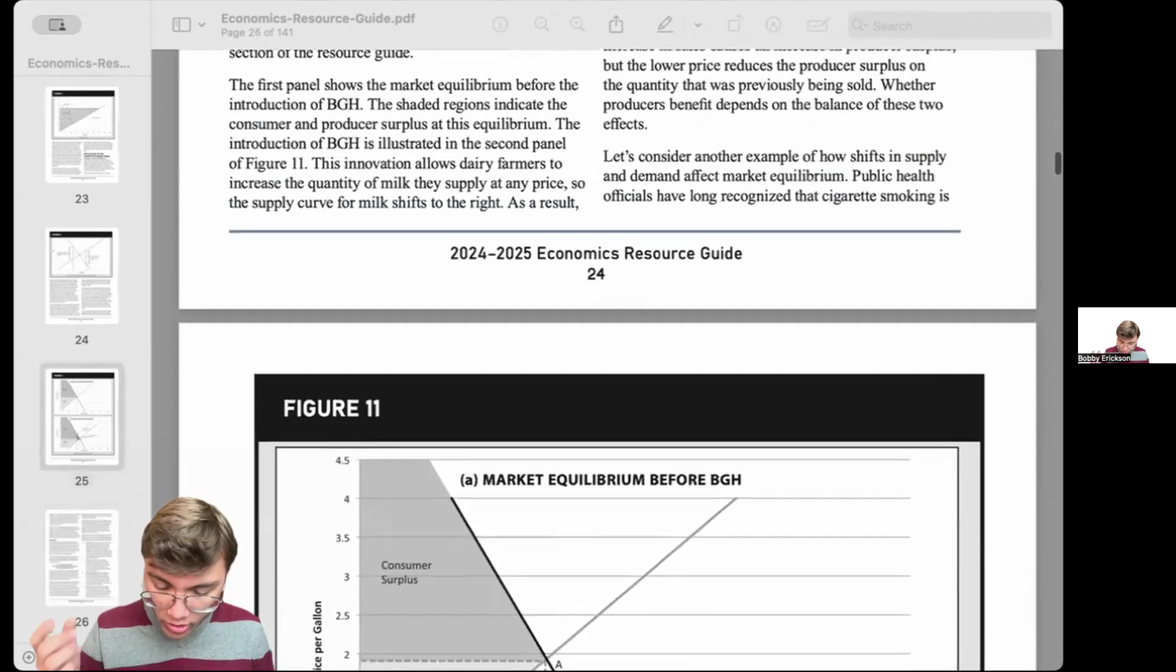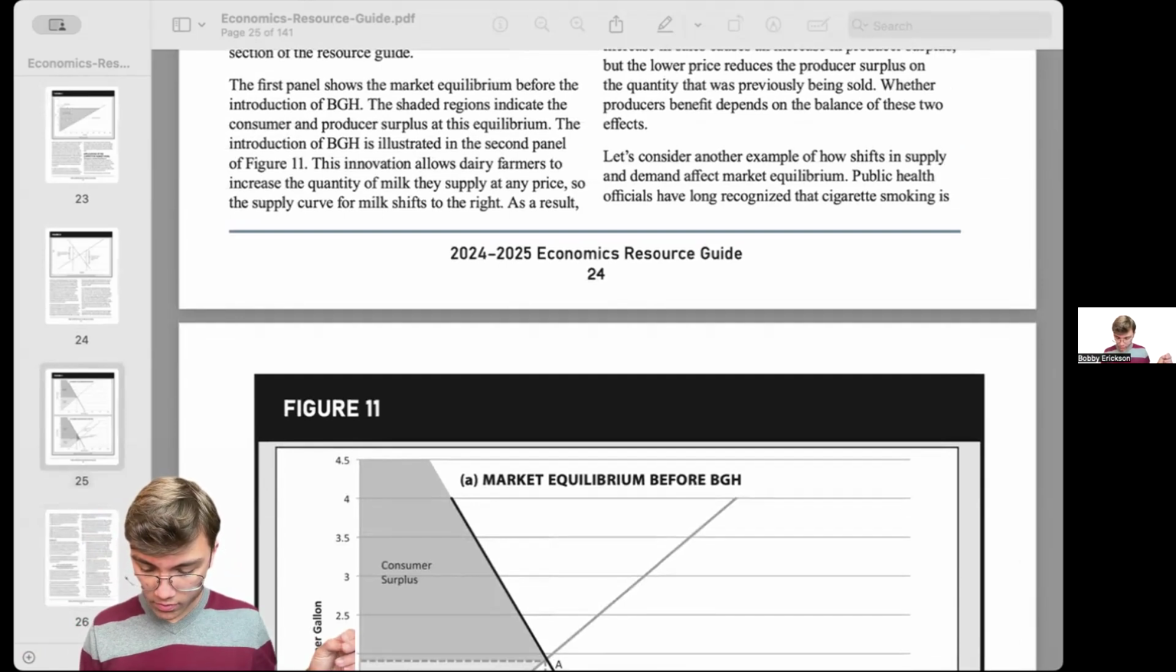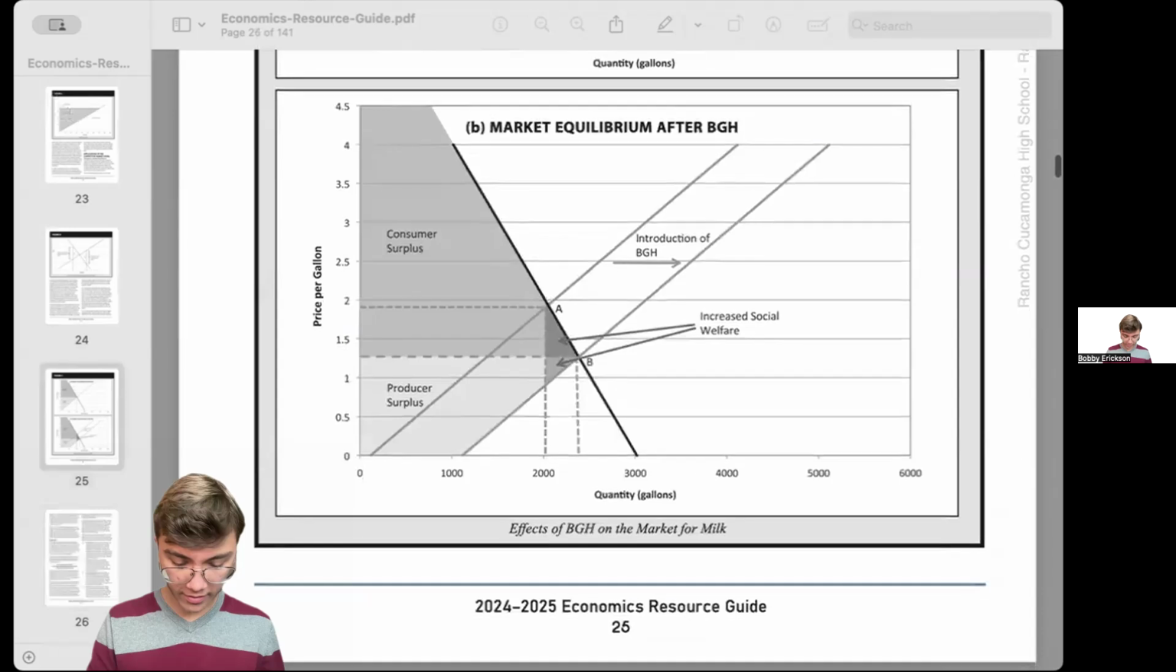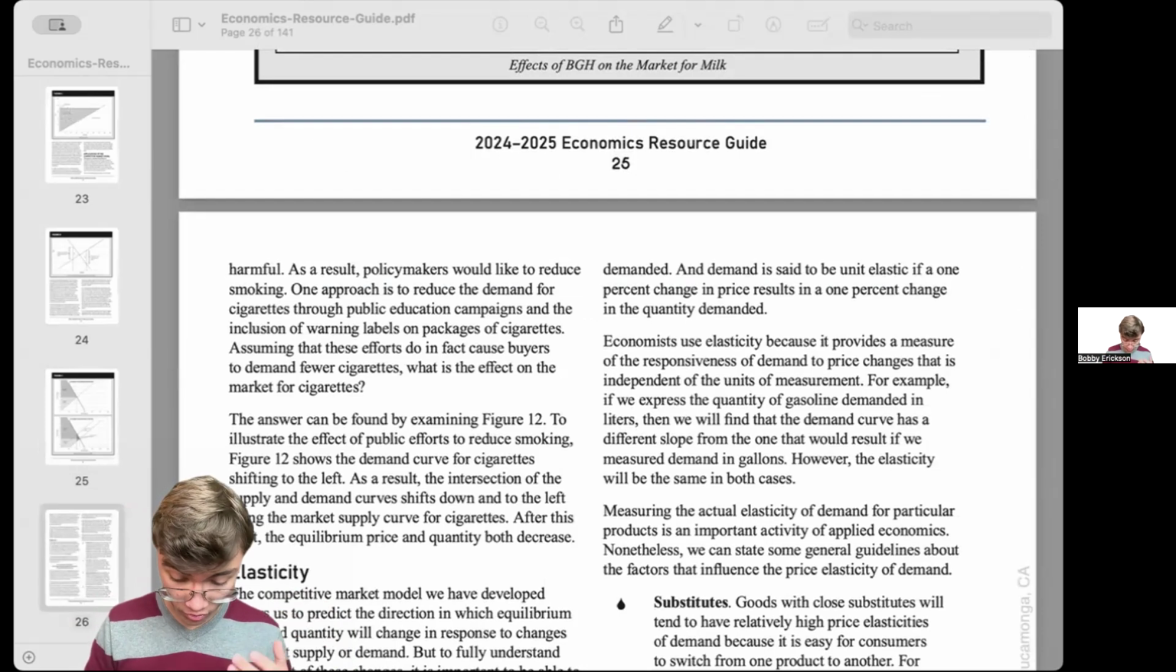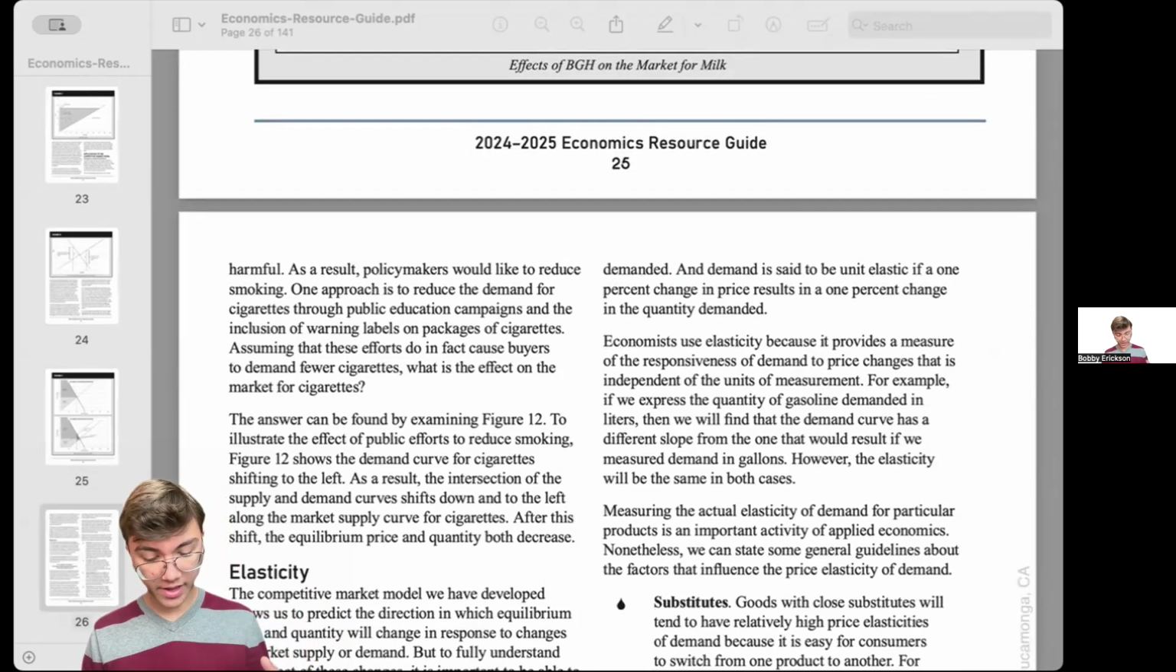We could also look at an example of public health. If public health officials are seeing that cigarette smoking is harmful, they want to reduce smoking. So one approach is to reduce the demand for cigarettes through public education campaigns and warning labels on packages of cigarettes. Let's say this decreases demand. Remember, this would be a change in tastes. If you have a change in tastes, then your demand curve is going to shift to the left. And so